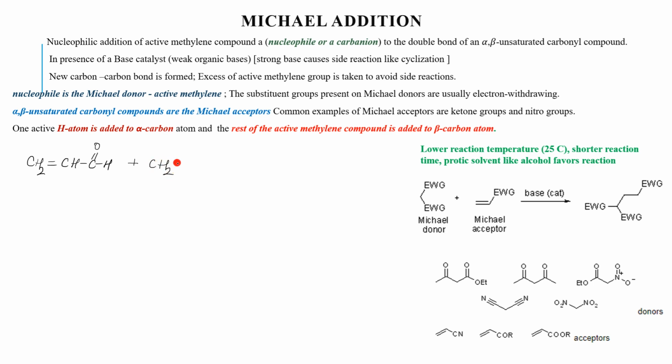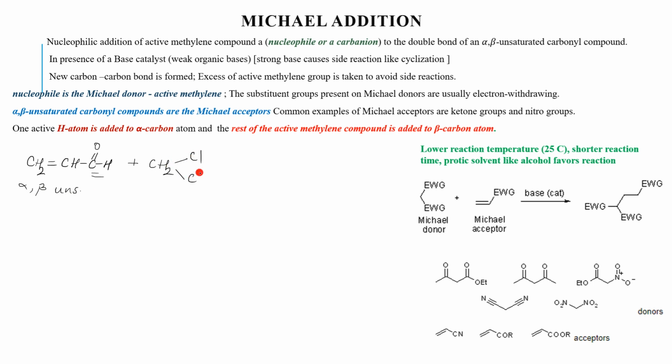Okay, so for example, these are the two reactants. So what is this reactant? This is an alpha beta unsaturated aldehyde or a ketone. It could be an aldehyde, a ketone, it could be a nitrile, anything. But it has to be an alpha beta unsaturated carbonyl compound or a nitrile. Then there is a compound which has an active methylene group.